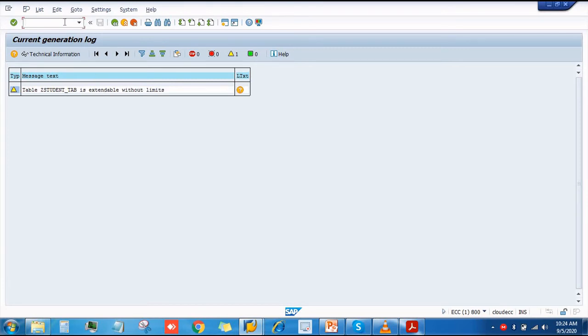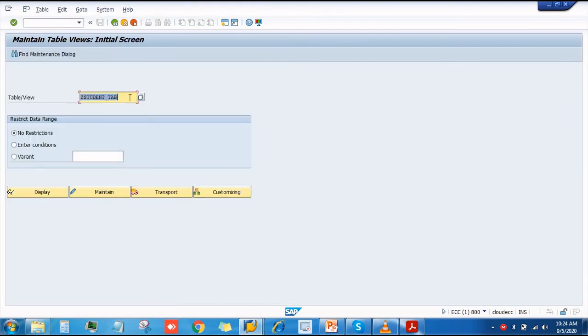Let me open another T code, that is SM30/NSM30. Click here. So we can see that our table name is Jet Student tab. Here we can display our table, and here you can maintain. Maintain means create, update, delete, anything else, and you can transport. For now we can learn display and maintain. Let me first display. So click here, display.